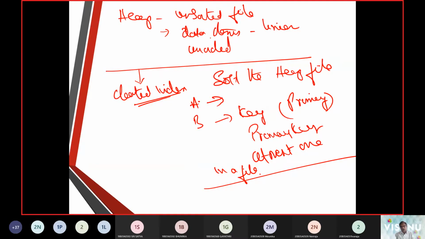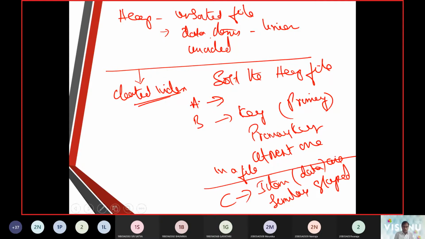The items are going to be similarly grouped. If it is unclustered, obviously it is vice versa. That means it directly takes a heap, it is totally unordered, it is not sorting, it is going to use a candidate key, there can be more than one key, it is going to have a list of record IDs, and the items are unsorted.